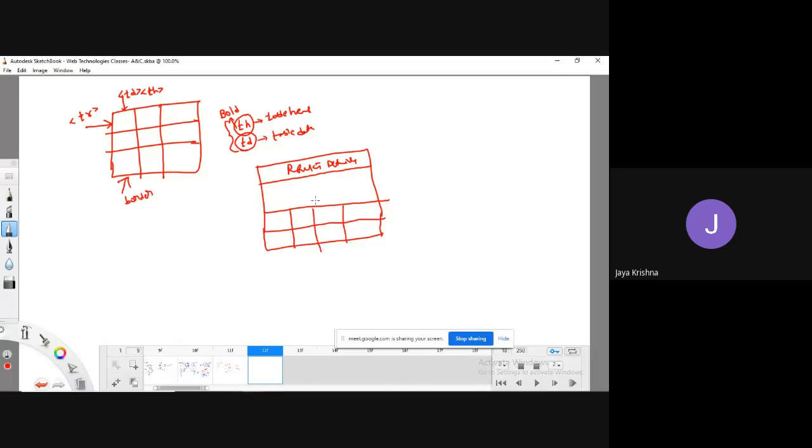Here my information is like proof, serial number, ID, and here some data, 1, 2, 3, 4, 5, 6, 7, 8. I would like to arrange my data in the form of this structure, then also I need to use the concept of tables. So with the help of these table tags, I can create the data like this.